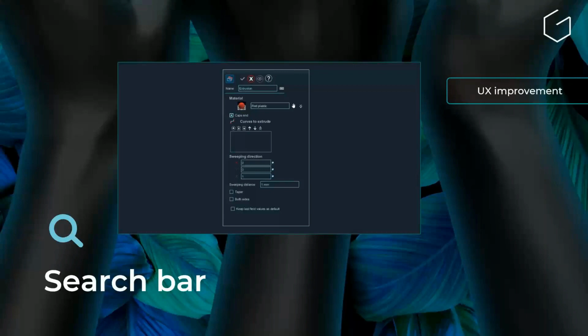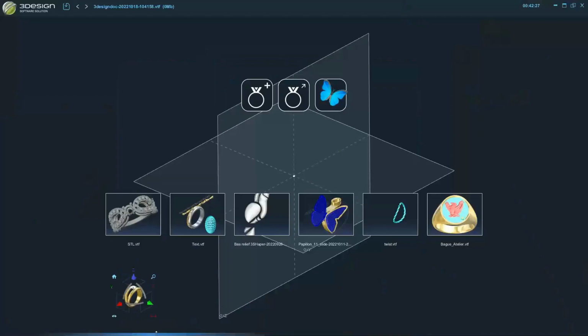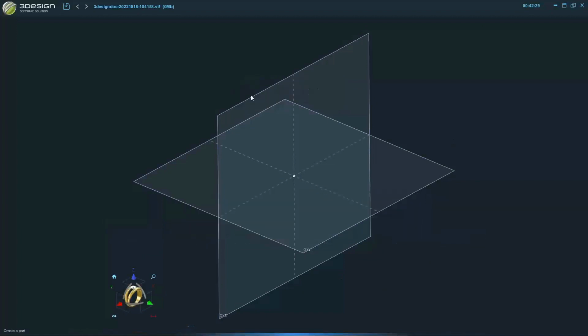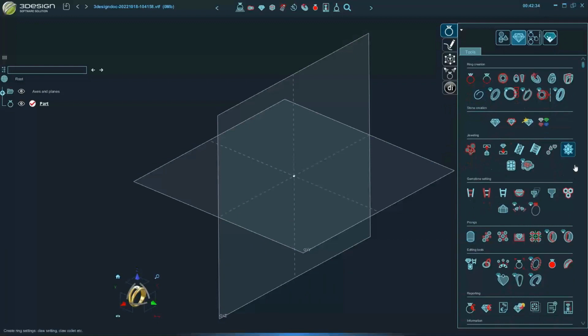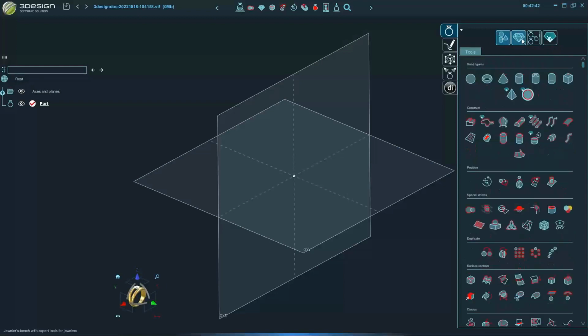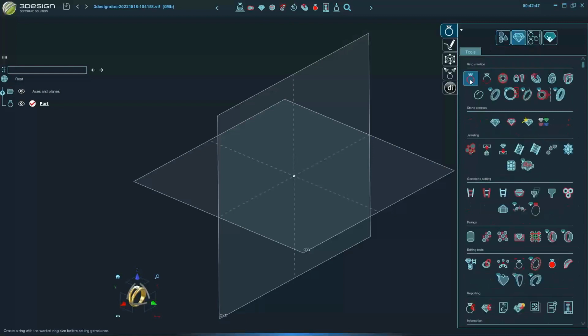So we can imagine that you have, let me show you in the software. I can open also 3Design. So this is the V11. For example, as I said, you are in the jeweler's bench, so for people who are not familiar with 3Design quickly, you have the 3D bench and the jeweler bench. You can navigate directly there, but if I am in, for example, I have this ring size, I want to have,